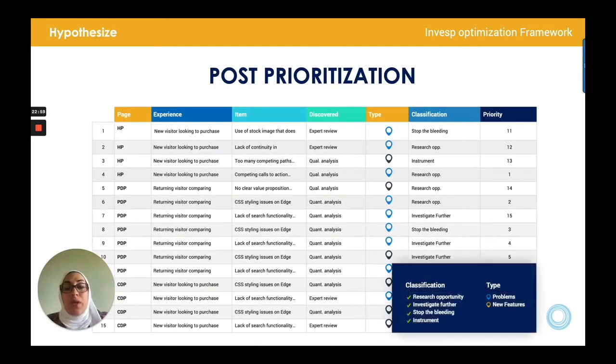And then, again, there are lots of tools out there that have prioritization sheets, where you can plot all the different research opportunities, for example, and decide what you're going to work on first. Because there are so many different things and you have limited resources, so you have to also consider that.